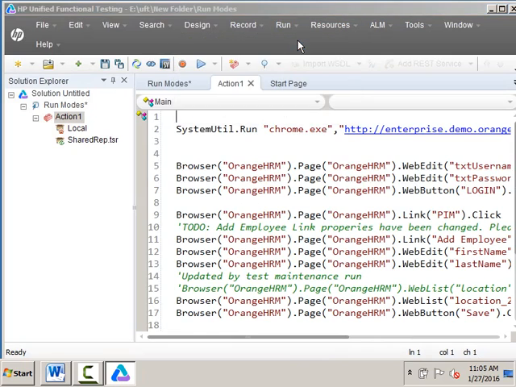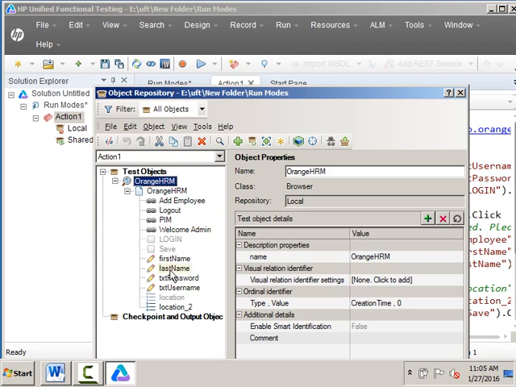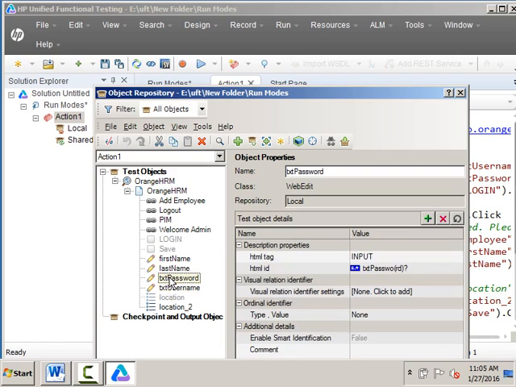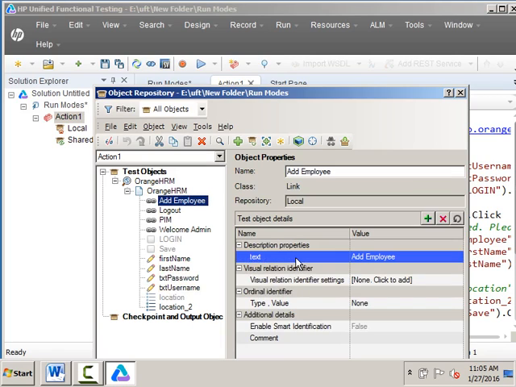Now open the object repository. So now you can see, earlier name was not there, name is added according to the new identification setting. Then you can see all the objects have been added to the local repository, and link, earlier two properties were there, only one property now, because the new identification setting has only one property selected. So this is what